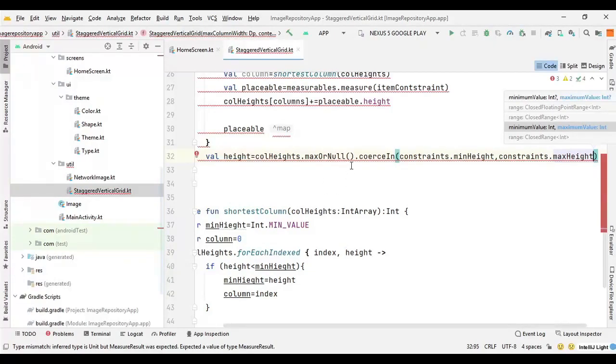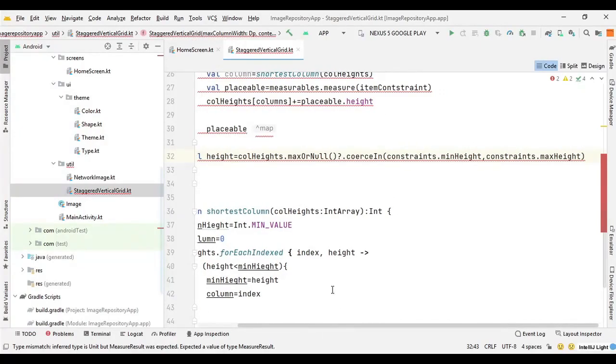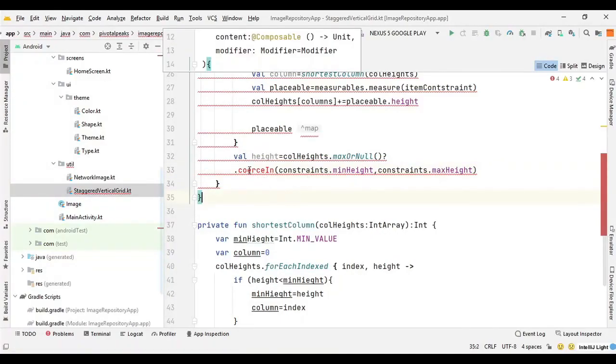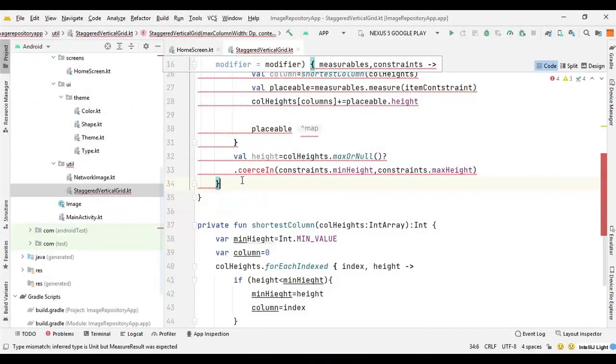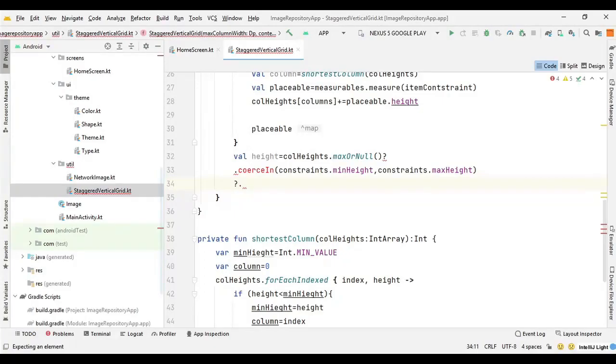and here we need to provide the question mark, which I forgot. And let's get to the second line, and we also need to set it to the minimum height. So if it cannot satisfy both of these constants, then we can set it to minimum height. So we can say question mark dot constraint.